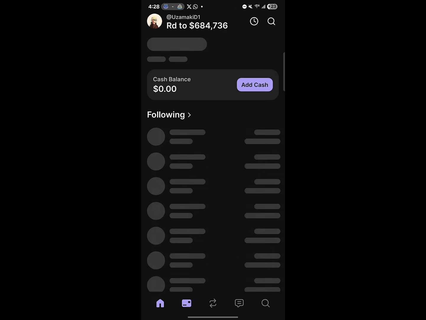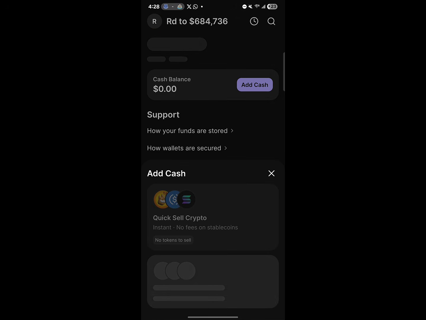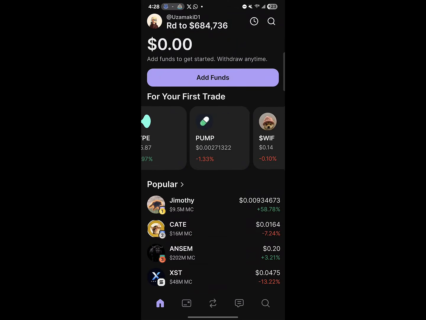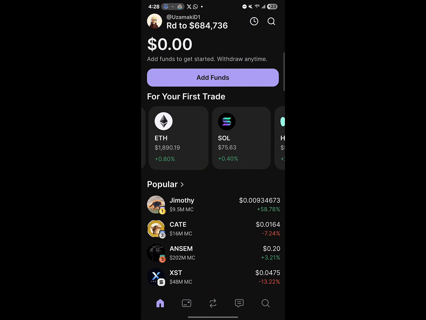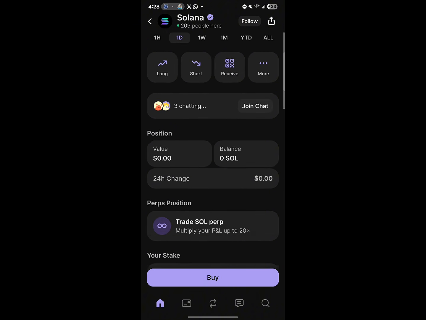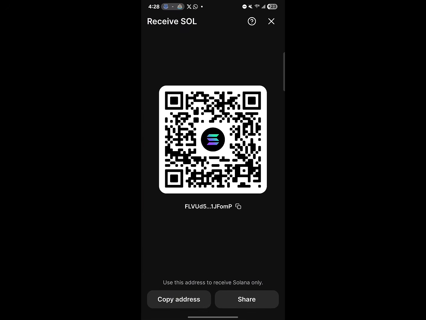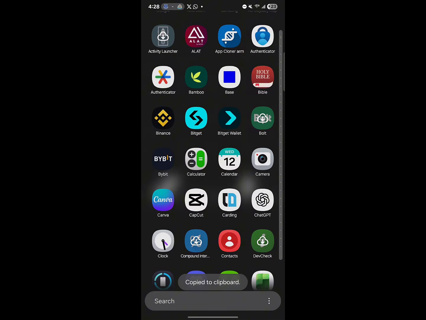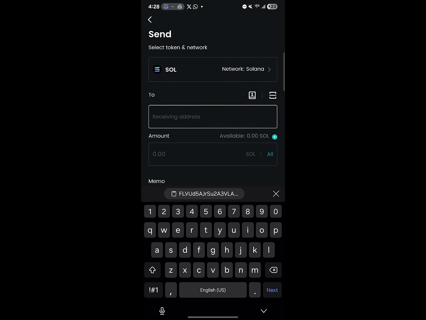So once Phantom Wallet has opened up, I'm going to be entering my password and getting access to the app. Once it has opened, go ahead and click on add cash to your Solana balance, and then just go ahead and select the cryptocurrency you want, which in this case would be Solana. So click on Solana here first, and then scroll through till you see the option to receive, and click on receive here. Copy the address, minimize, open up the Bitget wallet, click on Bitget wallet, then the receiving address,